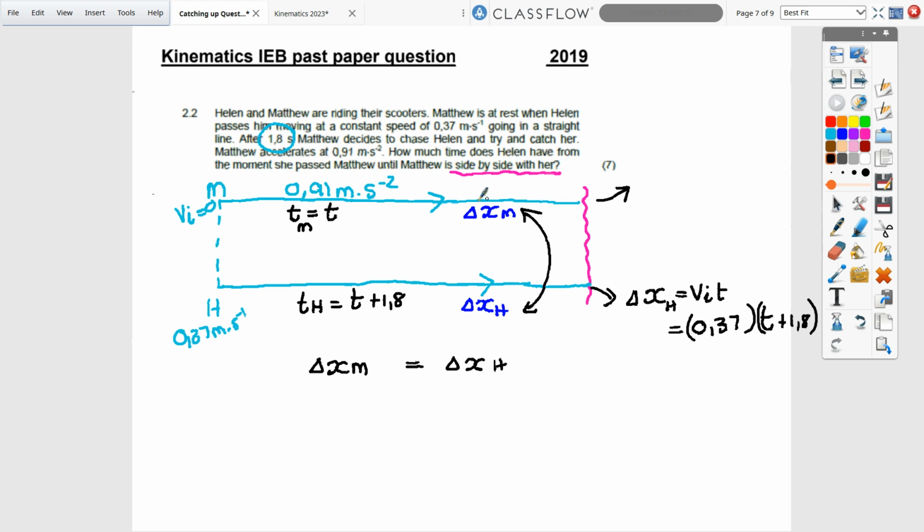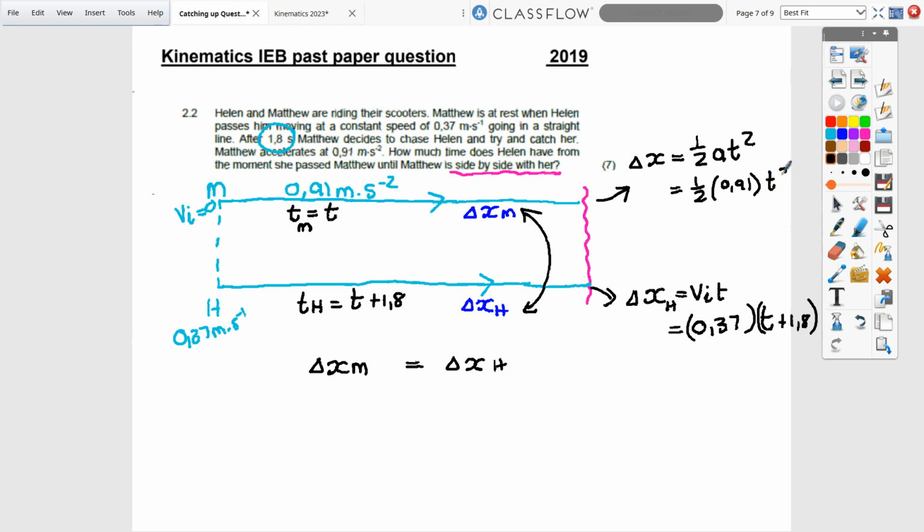Same equation, because u or vi for Matthew is 0. So I'm also going to say delta x equals ut plus half at squared, but the first part falls away. So it's just going to become half a t squared, and that's going to be half, where they gave us Matthew's acceleration as 0.91